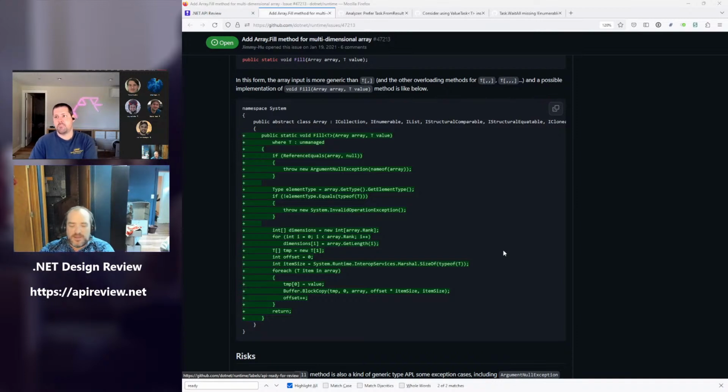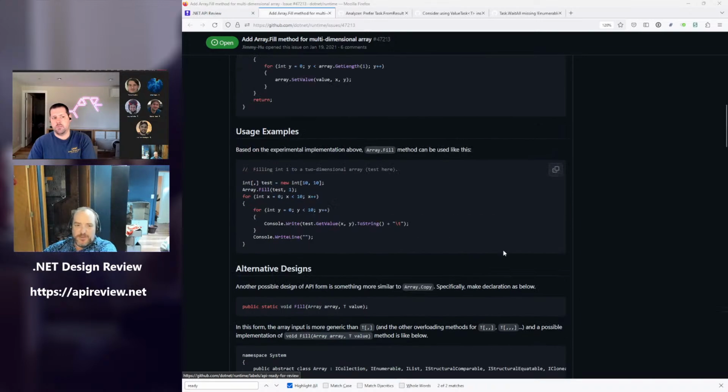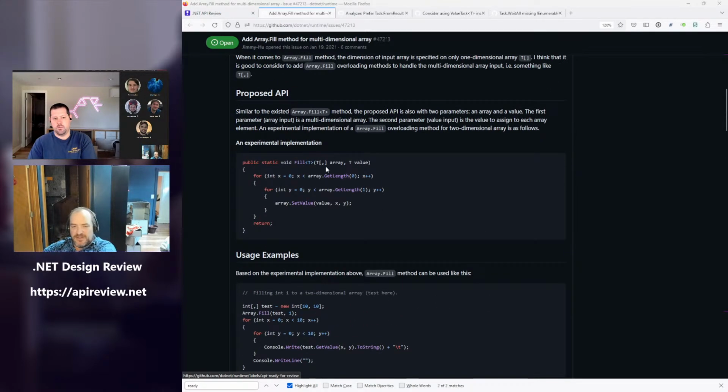Yeah. Well, the other form of the question, amusingly, is the higher proposal, and I think Levi just asked if maybe we should just make a rank 2, 3, and 4 overload and call it a day. But if you think that the answer is send this back and somebody should come up with extension methoding all of the static methods off of array and solving the problem there, then yeah, sure.